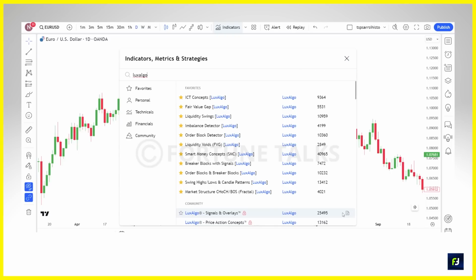Anyways, I have starred or favorited some of the best SMC indicators by LuxAlgo. You can pause this video, take a screenshot, and type in the names and add these indicators to your favorite indicators section. These indicators provide a lot of flexibility for traders to choose only those concepts which are actually required